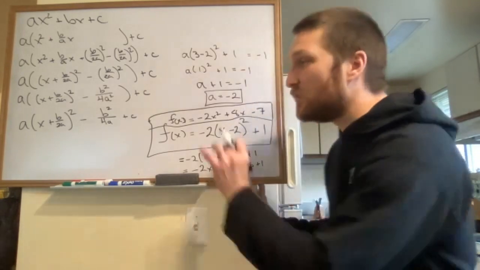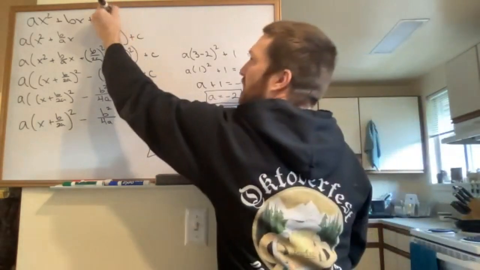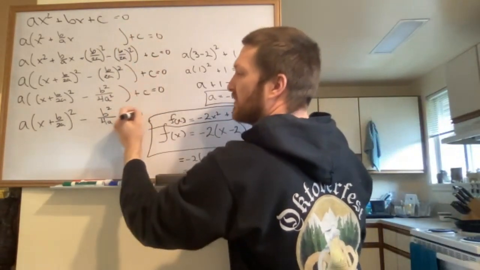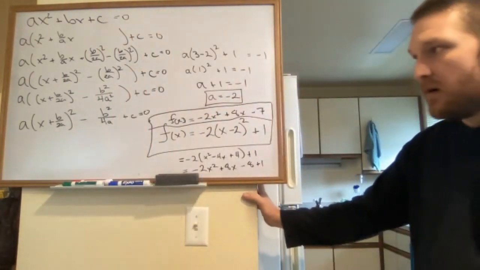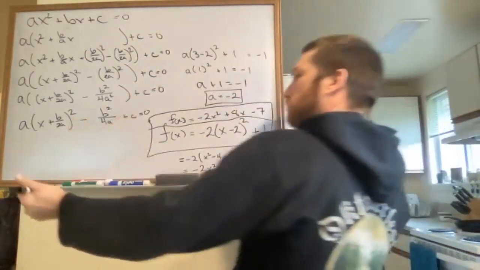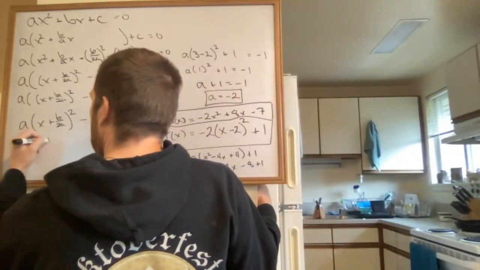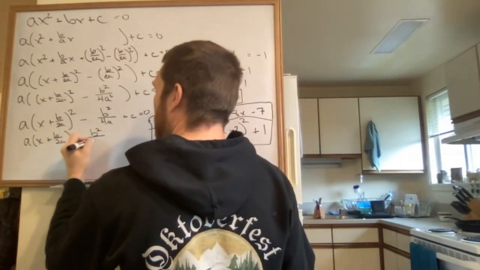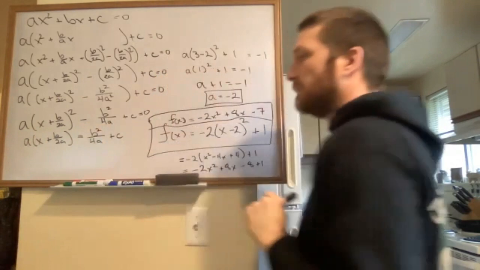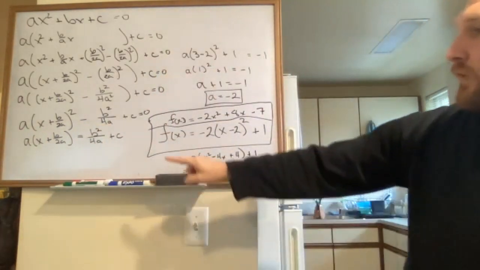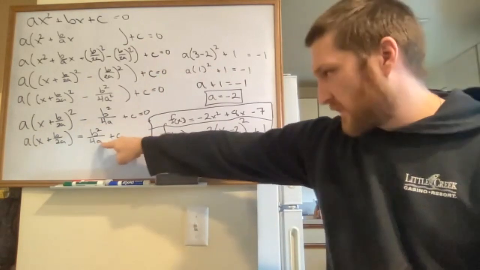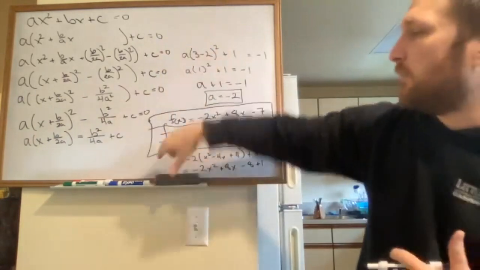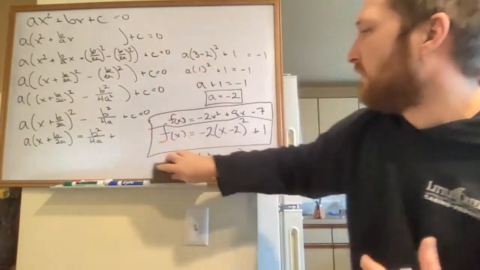Another thing to notice is that if you went through and solved this for 0 each time, let's say that we were trying to solve that equation right there, we would bring all that other stuff over to the right-hand side. And we've seen this before, right? That ends up being b squared over 4a plus c. And then we rewrite c to have a common denominator. If I multiply the top and the bottom by 4a, then I end up with